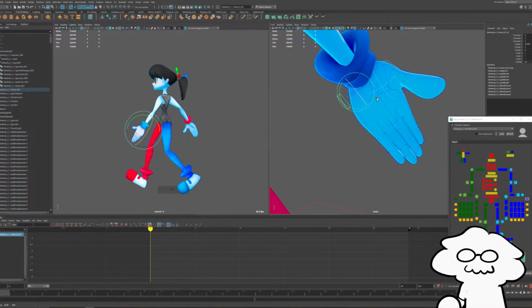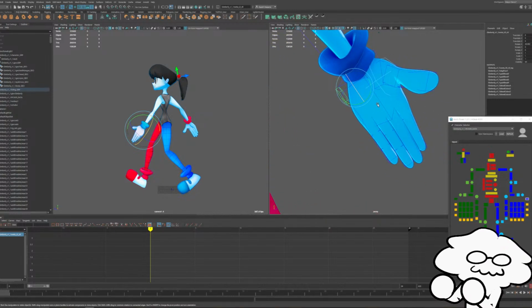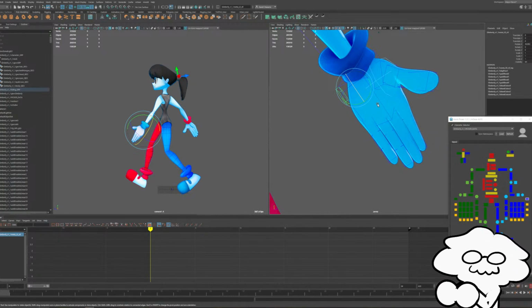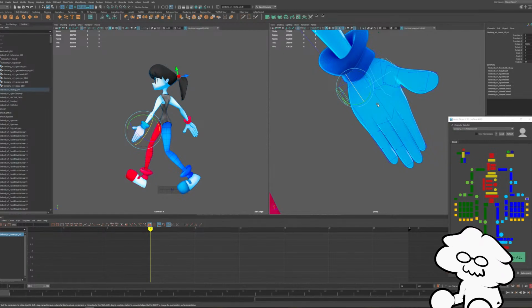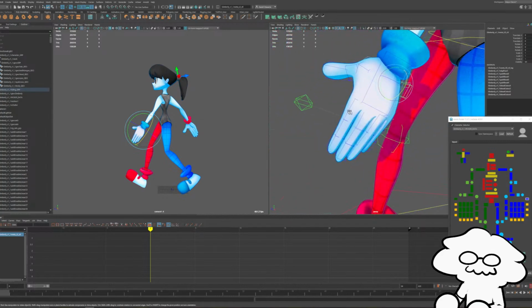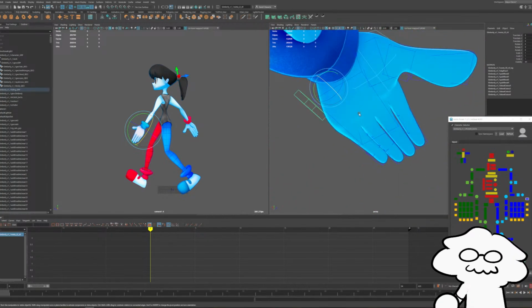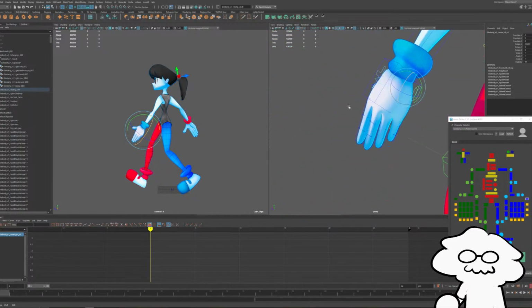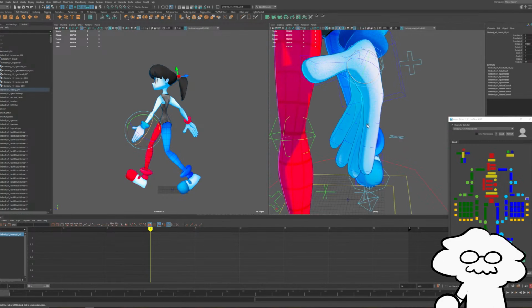If you don't know, in hand bones, all your fingers have 3 joints, but you also have an additional joint called a metatarsal that defines the curve of your palm as you grip something. Usually when you relax your hand, you are curving the metatarsals inwards a bit. So that's what this control does. It's pretty typical with more professional rigs. If I curve it inwards, you get a nice natural curve in the fingers like that.